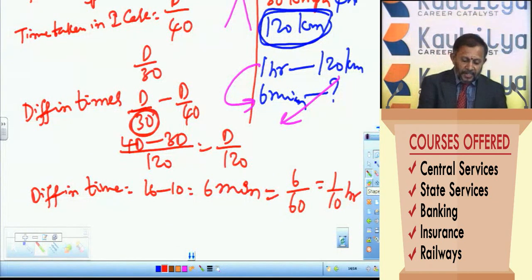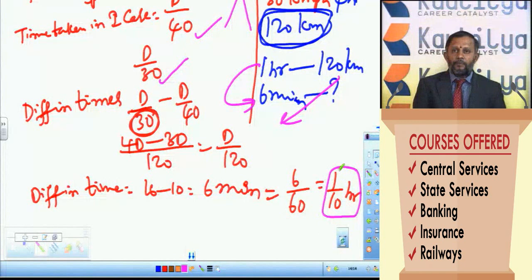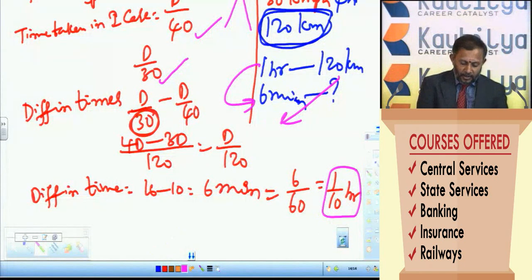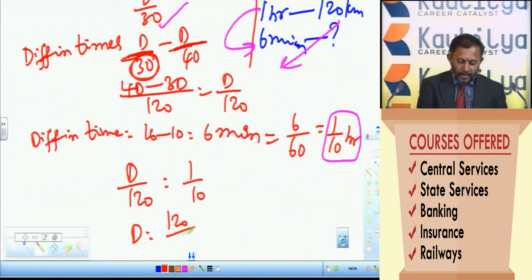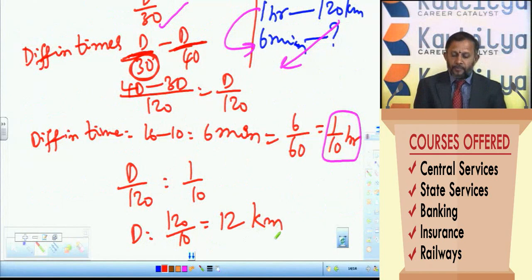because the speed is given in terms of kilometer per hour, 40, 30. So therefore the time period must be taken in terms of hours. The formula for time period is distance by speed. So d by 30 in the first case, d by 40 in the second case. The difference of these two, that is d by 120, is equal to this one. So therefore d by 120 is equal to 1 by 10 and d is equal to 120 by 10. You are not supposed to skip the data directly and you have to give all the detailed procedures. So that is equal to 12 kilometers.